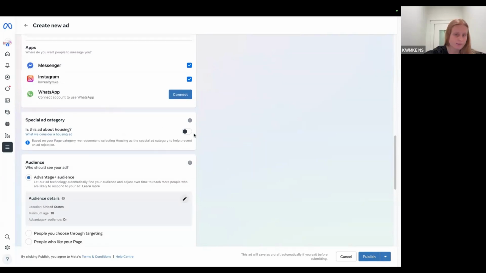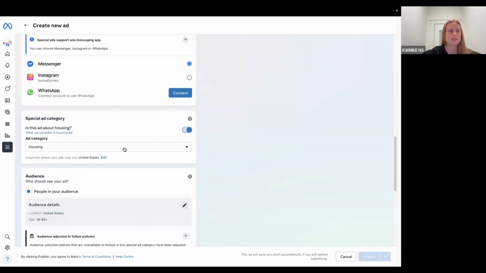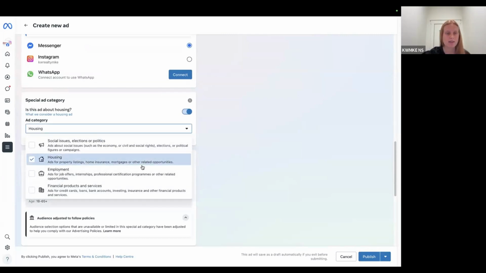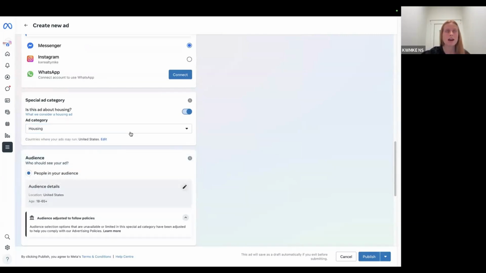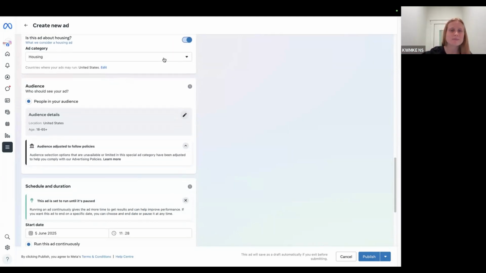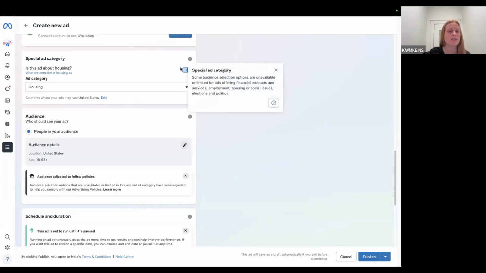This button is super, super, super important. You want to make sure that this one is coming down, and you want to make sure that it's under housing. I can't remember, Willis can, if he's on, maybe fill me in. I think it's something to do with the Equal Housing Act and making sure that everything is fair and under compliance. But I know that this one must be turned on if you're doing anything related to housing.